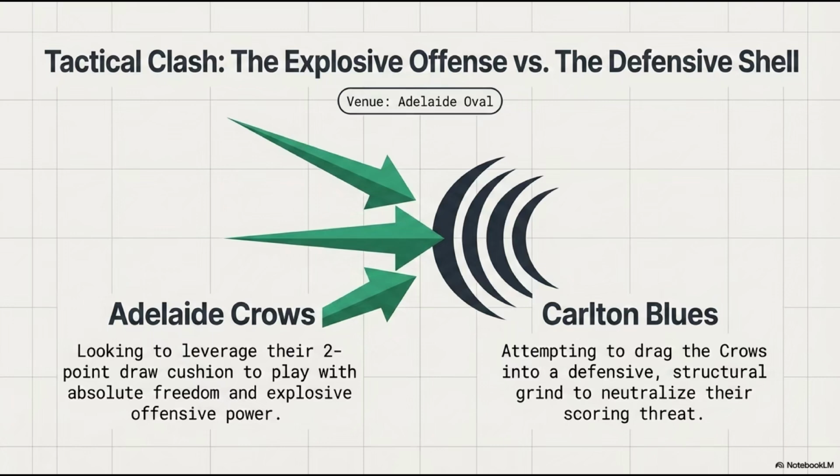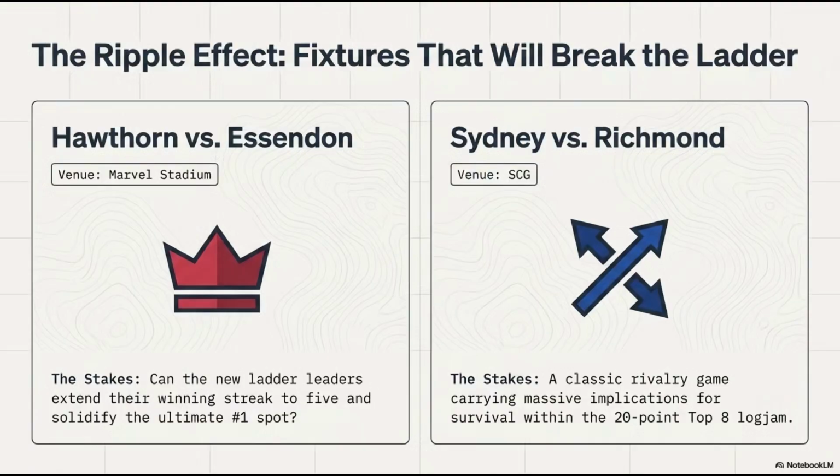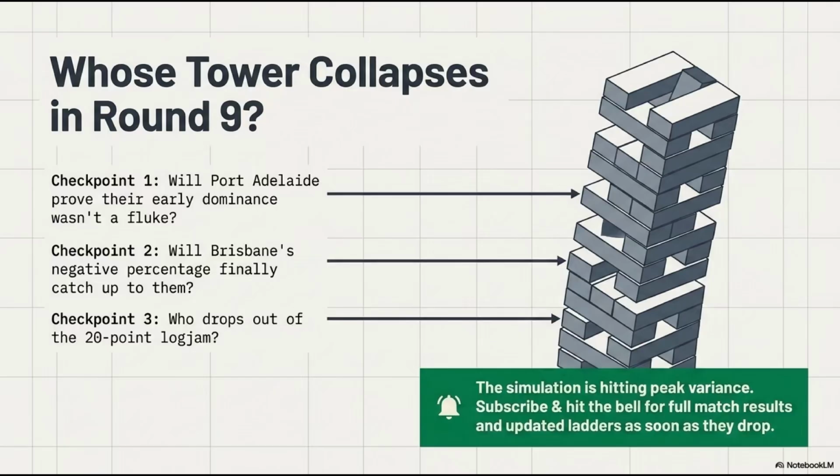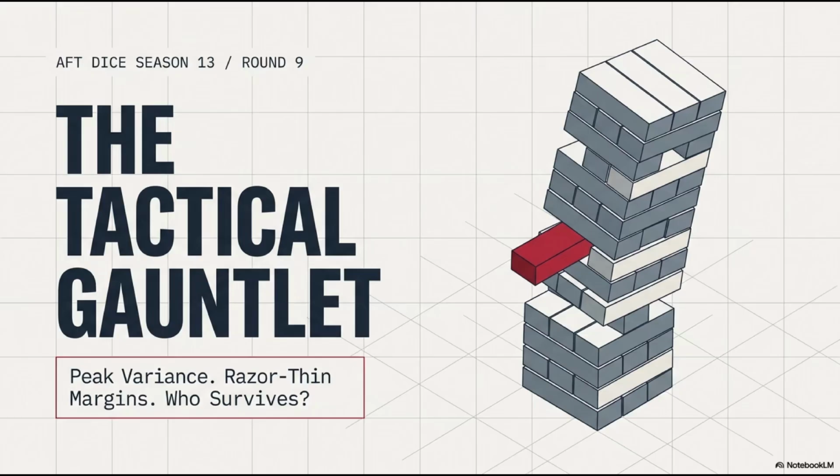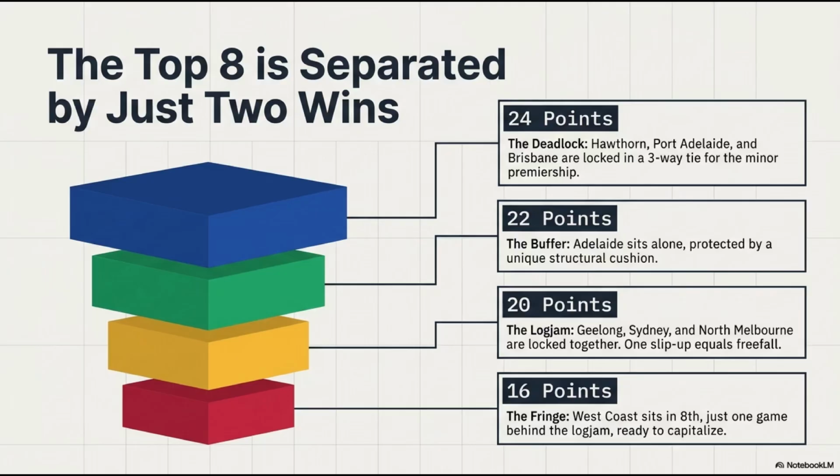Right, exactly. Round 9 in this simulation is the ultimate sorting ground for the finals. It's the exact point in the data set where the early season illusions are violently stripped away and the actual mathematical foundations of these teams are finally exposed. Okay, so to understand the sheer chaos happening in the middle of this ladder, I think we have to start by looking at the traffic jam at the very top. It is quite the traffic jam. It really is. We have this three-headed monster sitting at the summit.